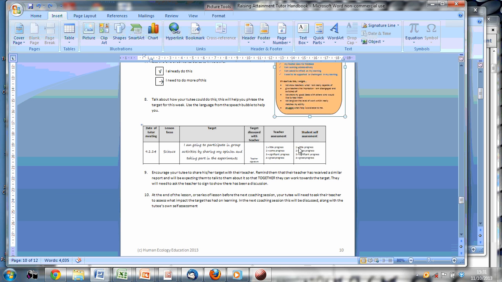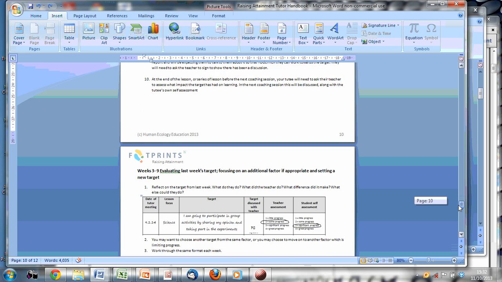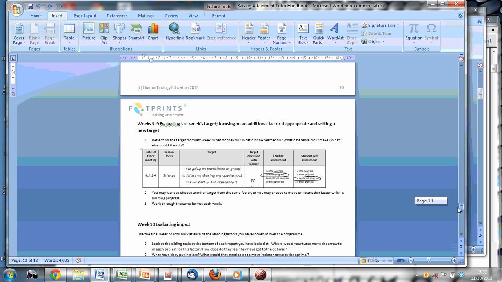And the student is also going to self-assess whether they think they've made progress against it. So this is our weekly target setting and our progress assessment, and that is going to enable us to come back to that and see, build a positive learning curve where the student feels like they are making progress. So at the beginning of week 3, we're going to come back to the target that was set in week 2,